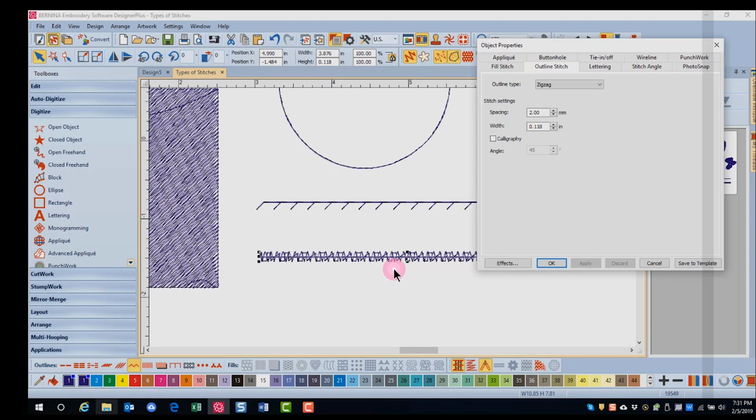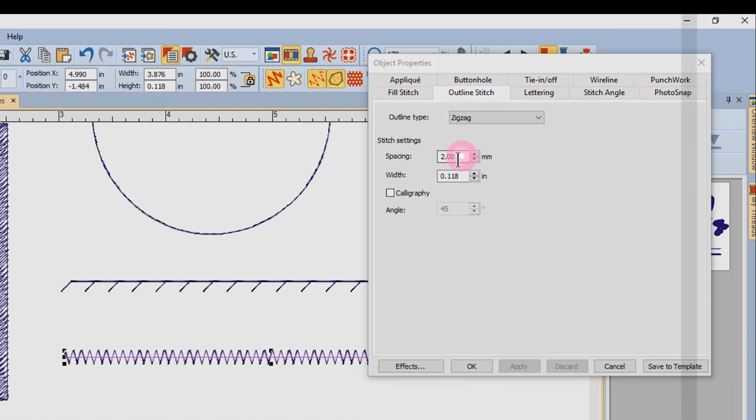This type of line does have an underlay added automatically. Underlay must be turned off by clicking on the underlay icon in the Effects toolbar, and that will leave just the zigzag stitch. The spacing of the zigzag can be changed,